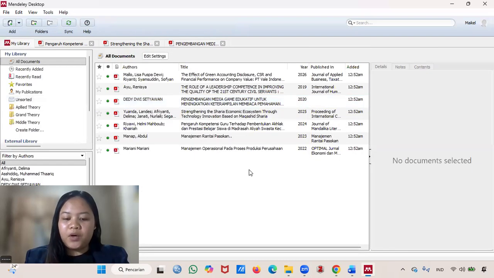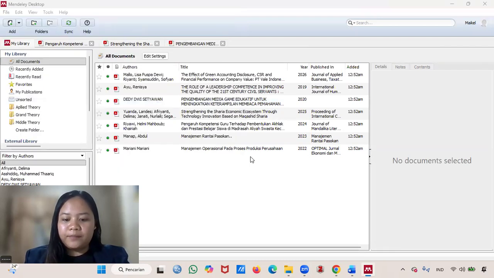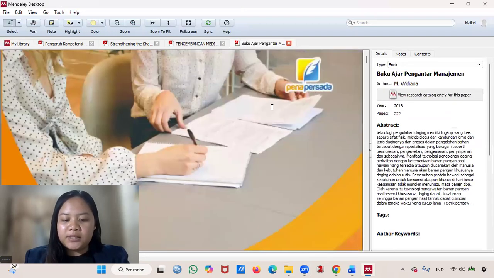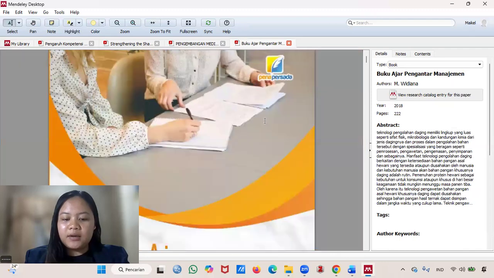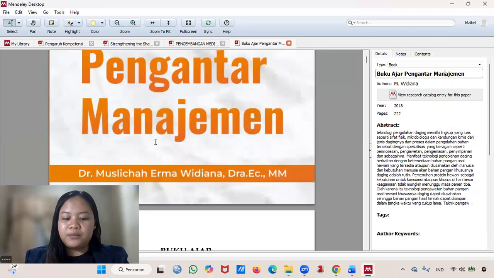Finally, we are going to add a book as our reference. Just like the previous step, we click Add New, select the book file, and click Open. Let's wait for the file to appear in our library. Now, let's check the details in the right-hand panel. Make sure the selected type is Book.